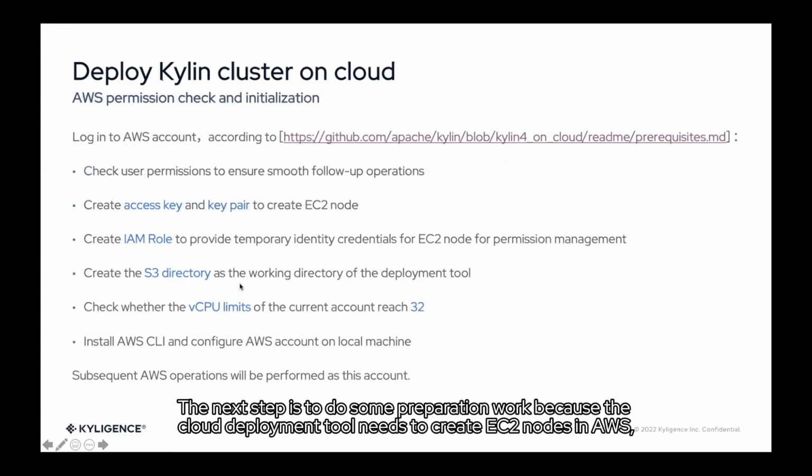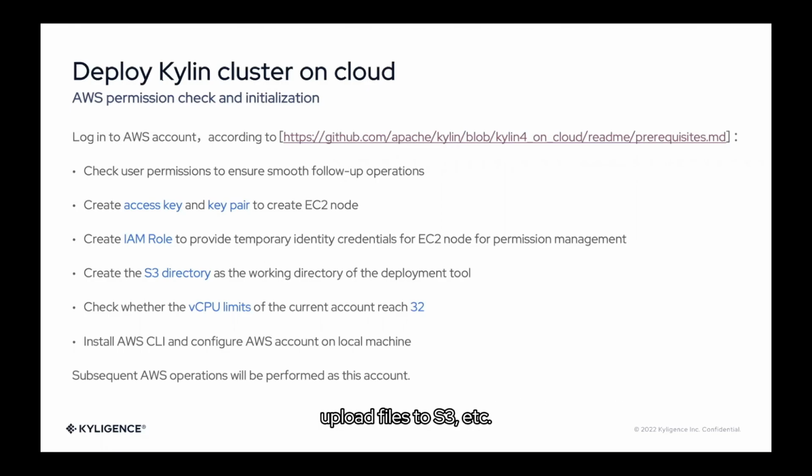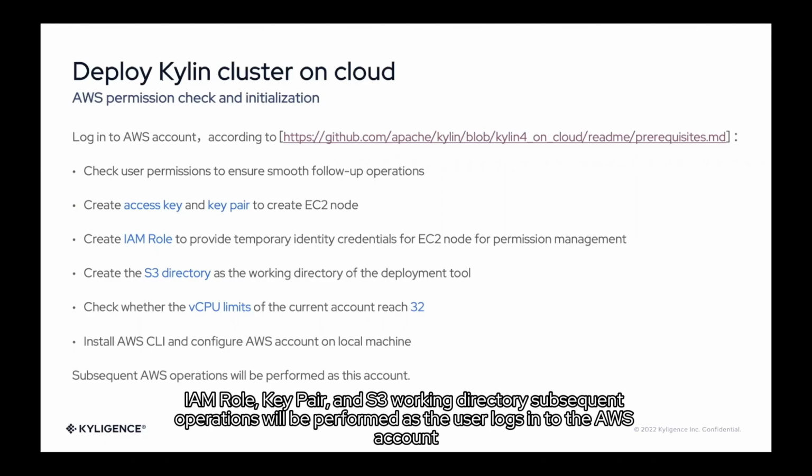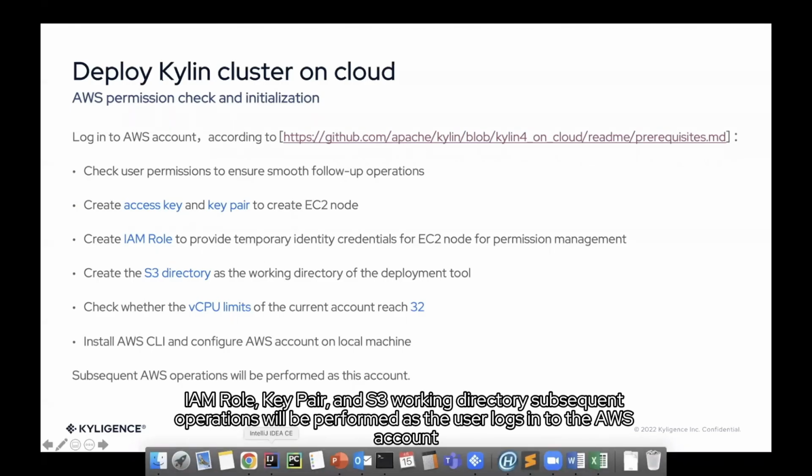The next step is to do some preparation work, because the cloud deployment tool needs to create EC2 nodes in AWS, delete EC2 nodes, upload files to S3, etc. You need to log into your AWS account to check user permissions, and create the access key needed for the deployment tool. IAM role, key pair, and S3 working directory subsequent operations will be performed as the user logs into